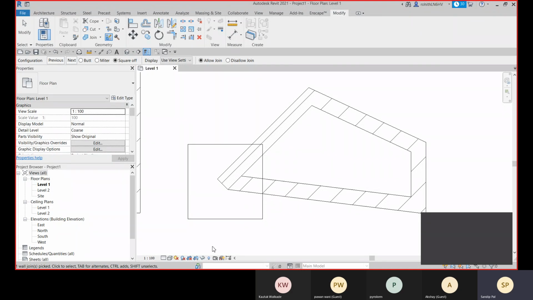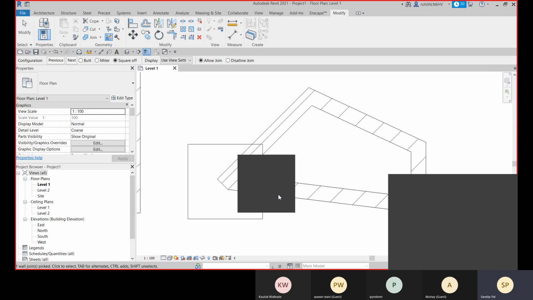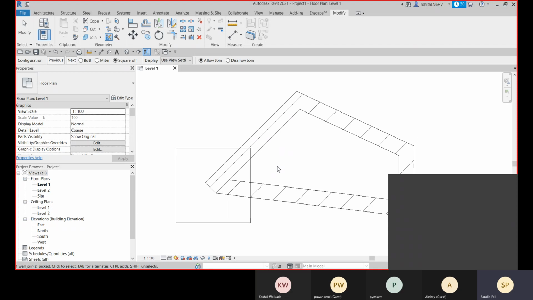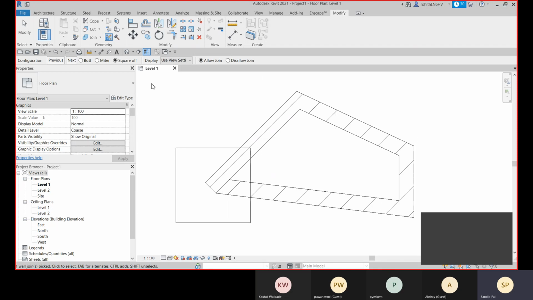Okay, so now let me continue, and I hope you understand up to this that I have created this wall like this. For this corner, I will choose square off, and then click here. This is right now selected as butt joint, and now I'll change it to square off. And here you can see this is squared off.